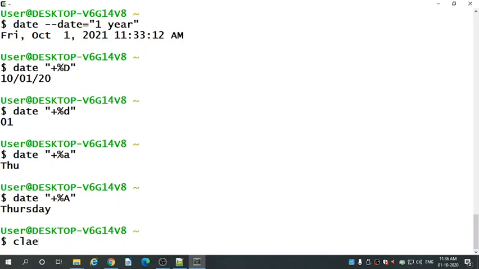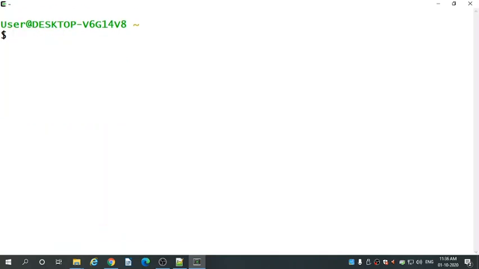You can clear the screen here. From the start we will see date. Okay, change it to h. What will it display? The abbreviated month name, January to December. This month is October, so it is showing OCT.